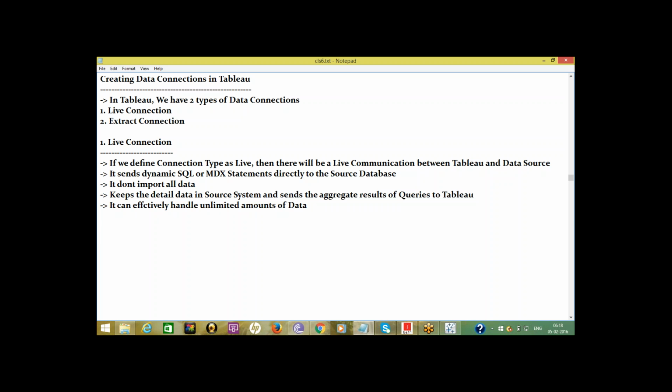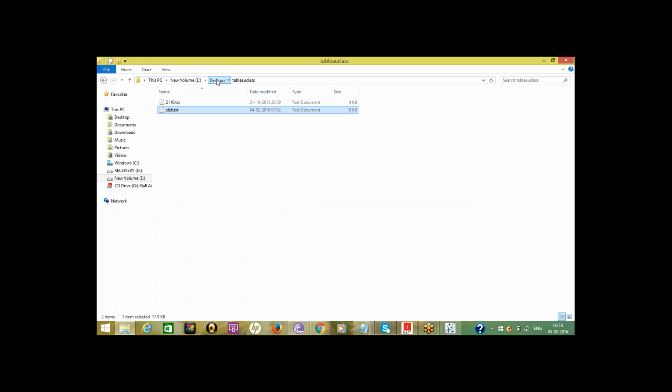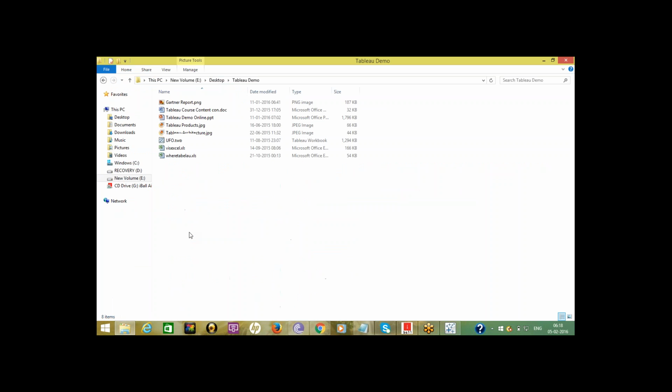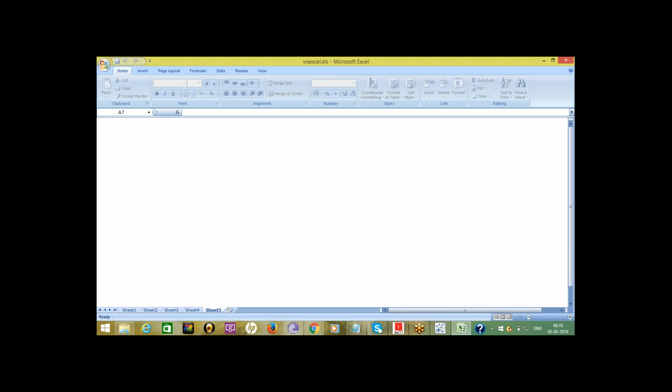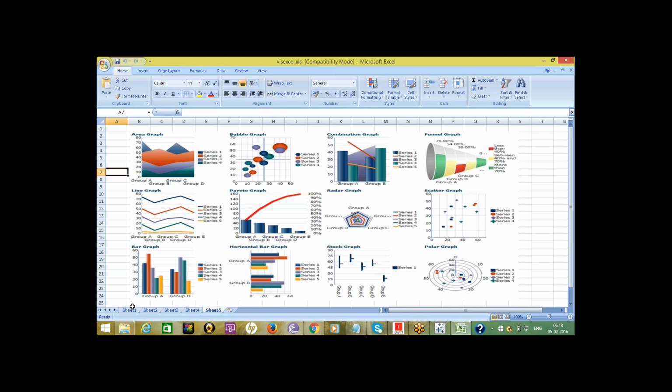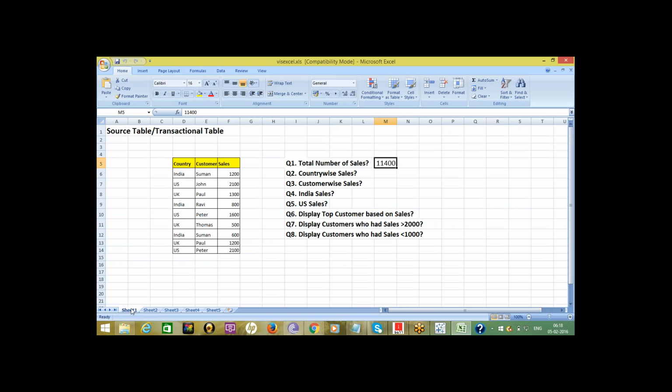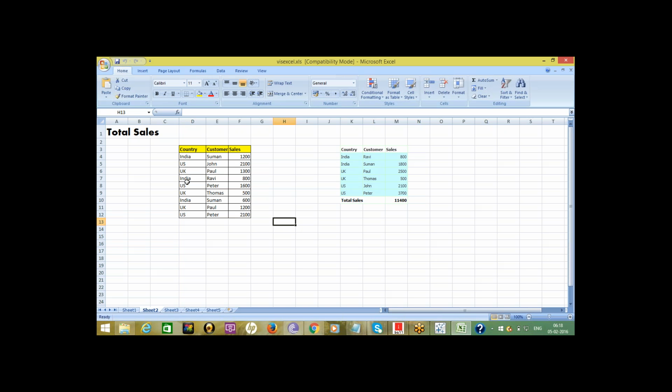For example, aggregated results means, for example, aggregated means grouping.